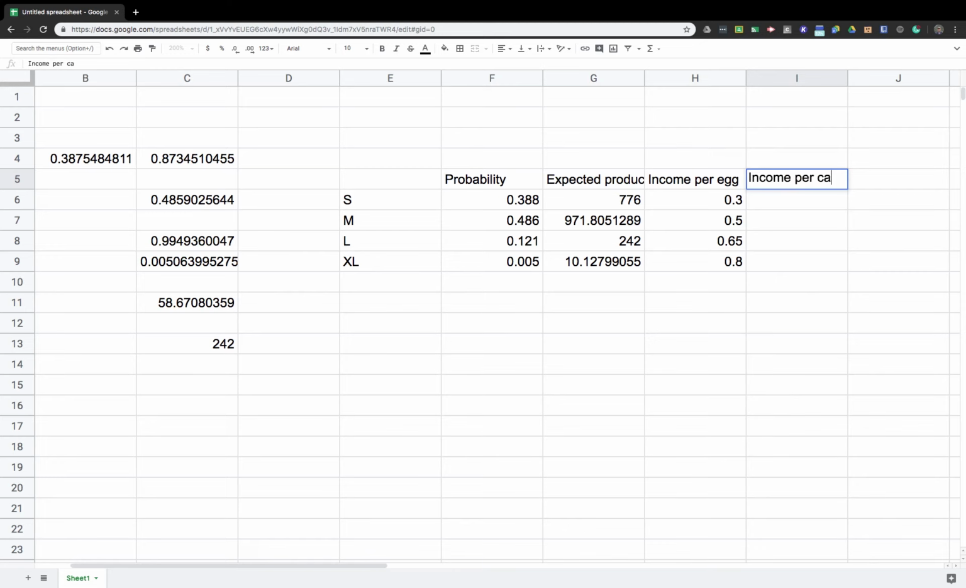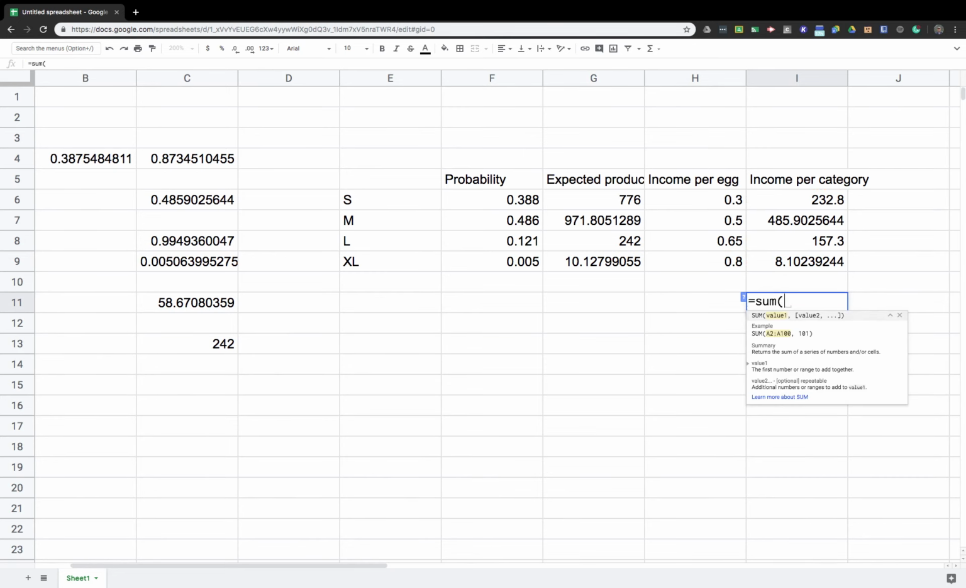Income per category. My income per category is going to be equal to the income per egg times how many I produce from that category. And I can drag this formula down. Again, all I did here is, if I expect to produce 242 large eggs, and I earn 65 cents per egg, I multiply them and get this value. And my total income is going to be equal to the sum of all of these values. A total of